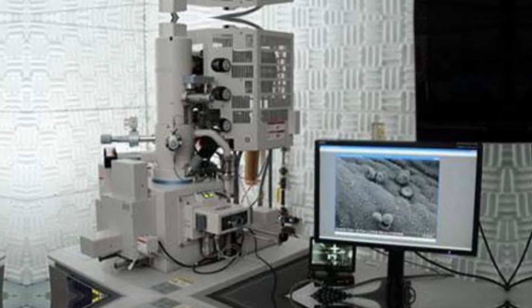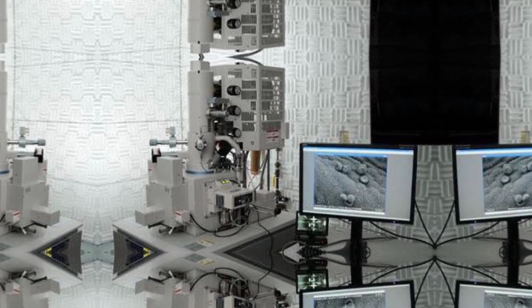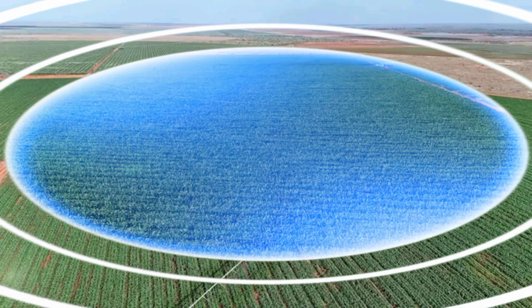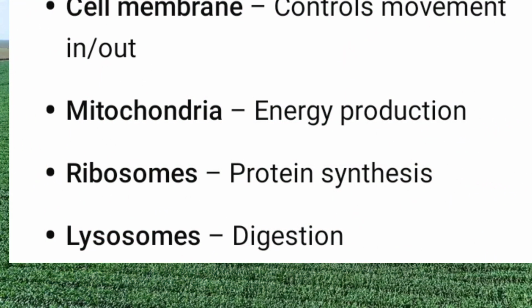Under electron microscope, we can see the following: cell wall that supports and protects the cell, chloroplast that performs the process of photosynthesis, vacuole acting as a storage and giving turgidity to the cell, nucleus controlling all activities of the cell. Animal cell as seen under electron microscope: cell membrane controlling movement of substances in and out of the cell,